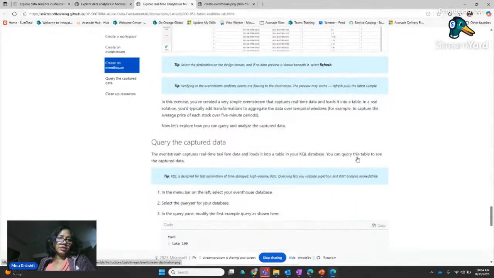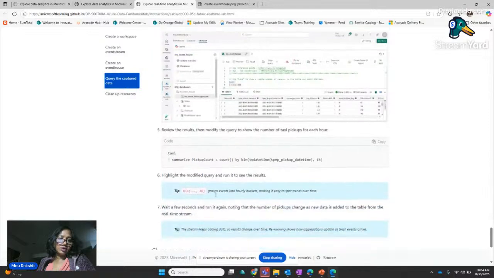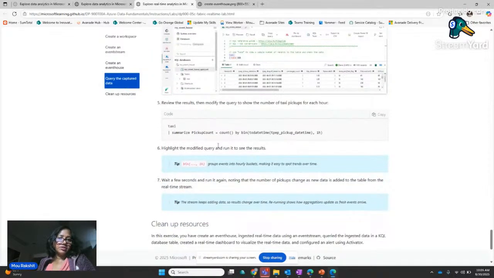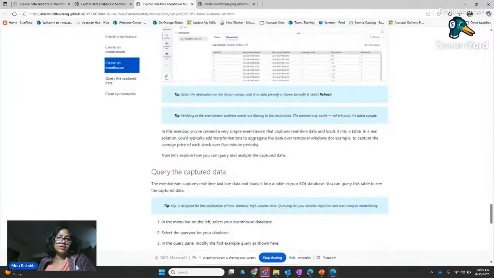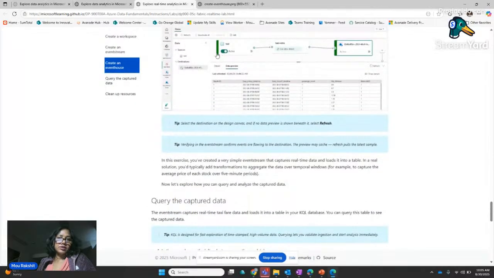If you run this query every 5 minutes, you'll see that the counts are changing. That tells you that it is live, streaming data coming in. So the table gets updated, and new rows get inserted into this event stream as soon as the generated data is being captured.